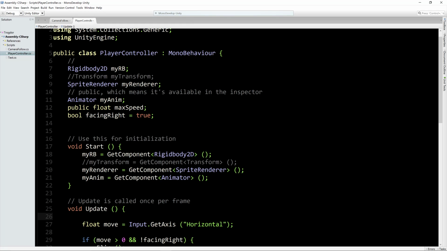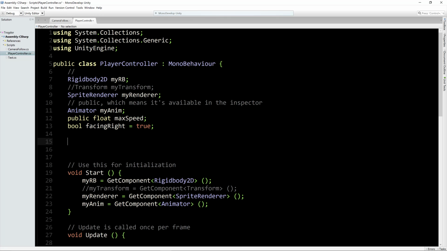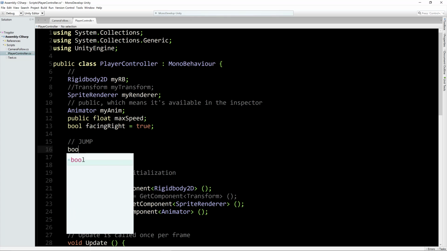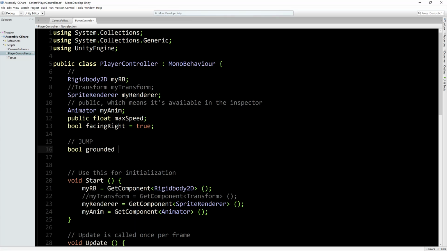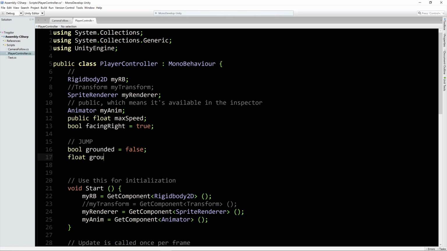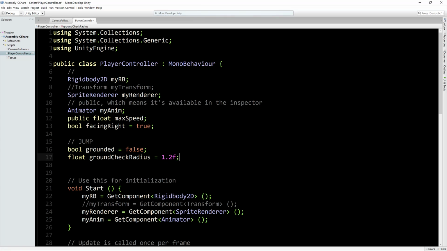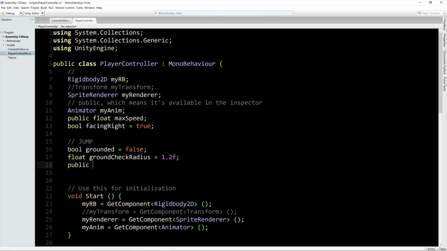Okay, so let's go ahead and create our jump variables. I'll go ahead and make a note. This is jump. First we need a Boolean grounded. I'm going to set it to false because he actually flies in, if you remember right. He's falling in, rather. Then I need a float called ground check radius. I'll set it equal to 1.2 float. Then I need a public layer mask ground layer,